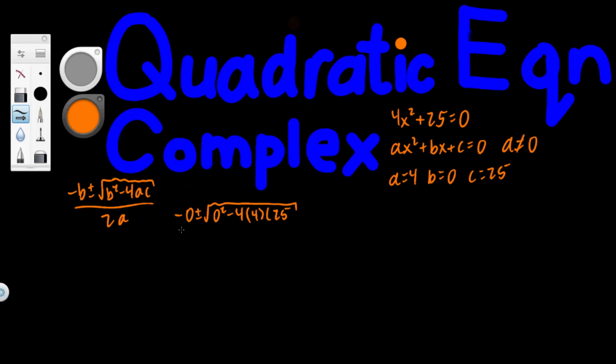So we'll do that and divide that by 2a. Again, a is 4. So what do we have? 0 minus 0 squared. All right, so 4 times 4 is 16 times 25. 16 times 25 is 400. We have the square root of negative 400